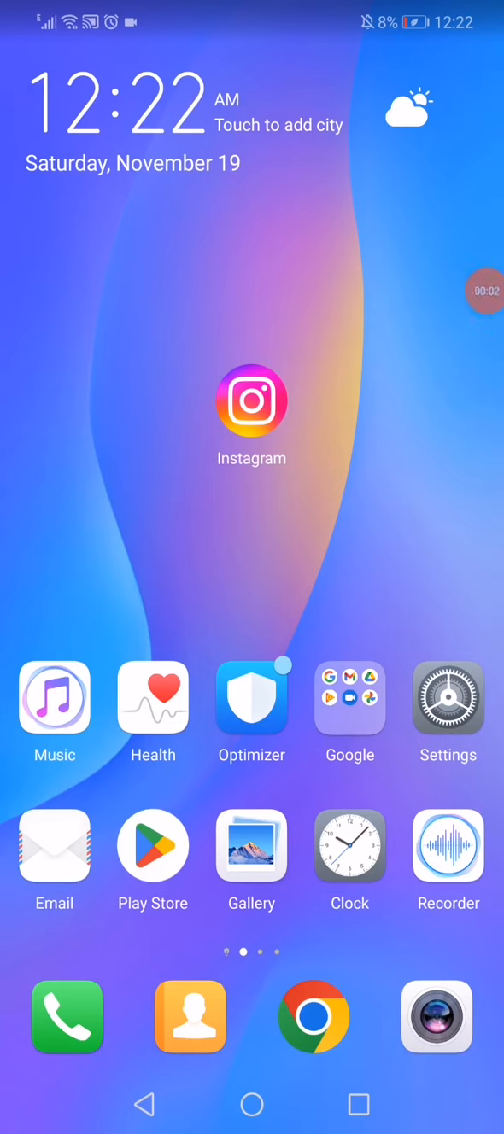How to fix white screen problem on Instagram on any Android phone. Hello guys, in today's video I'm going to show you how to fix the white screen problem on any Android phone easy and fast. First thing you have to do is close all the apps that are working on your phone